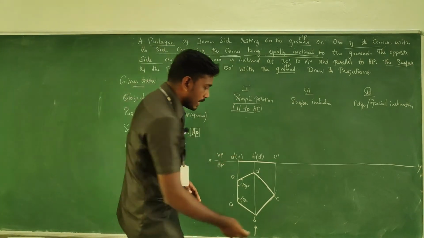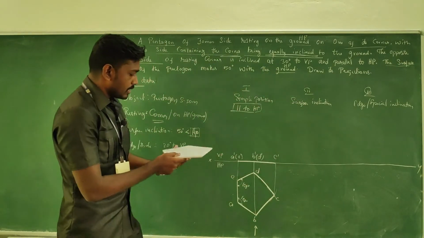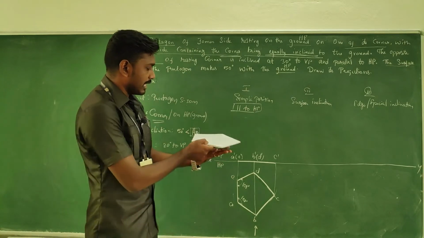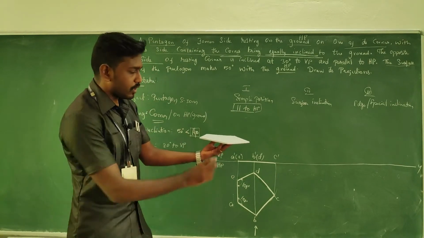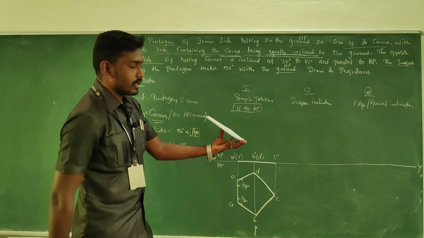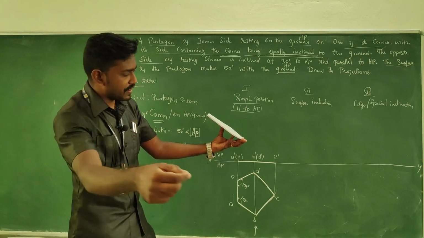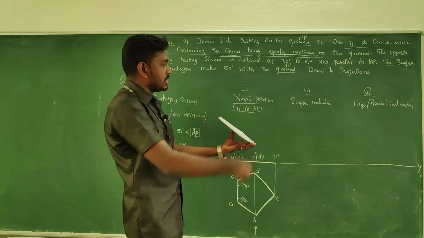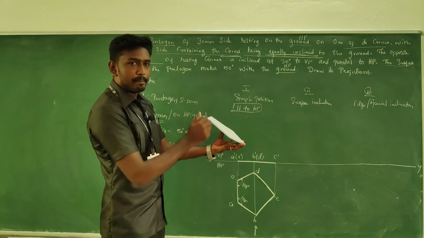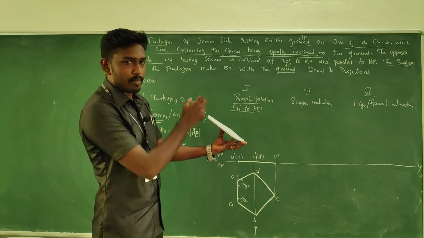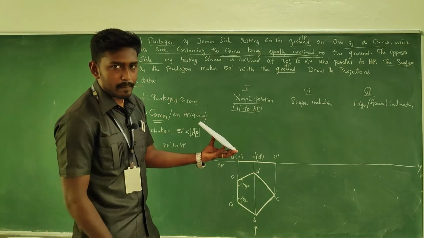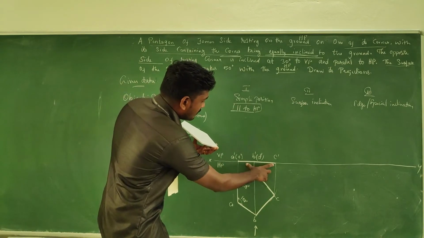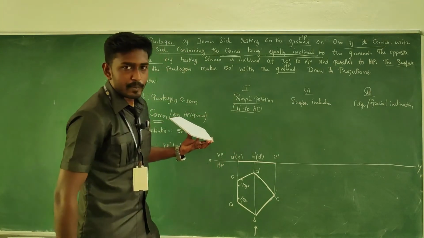So now the object is something like this, am I right? Something like this, parallel to HP. Now we are going to tilt the object like this. So in the front view we can see the straight line, and in the top view we can see the skewed image of the pentagon, the true shape of the object in a skewed manner. Okay, so in the front view the straight line length, or true length, we have captured in this simple position.